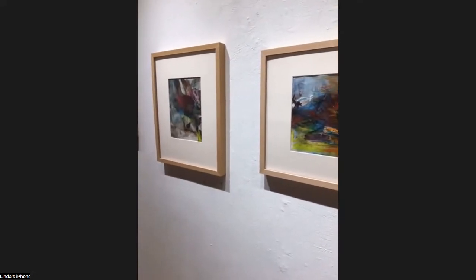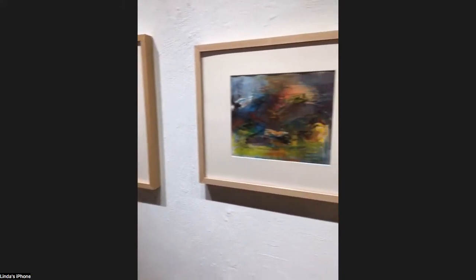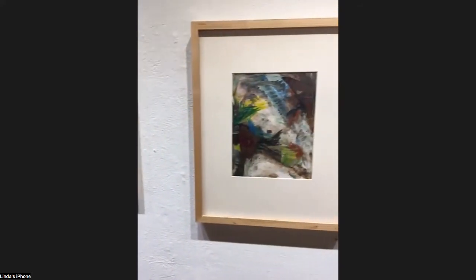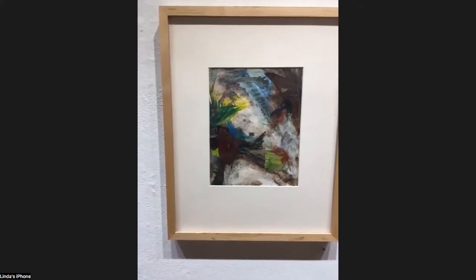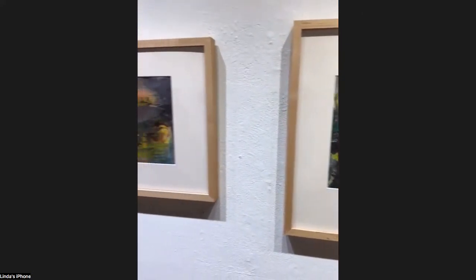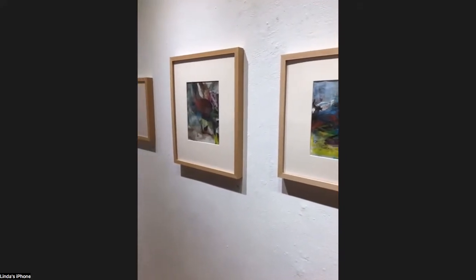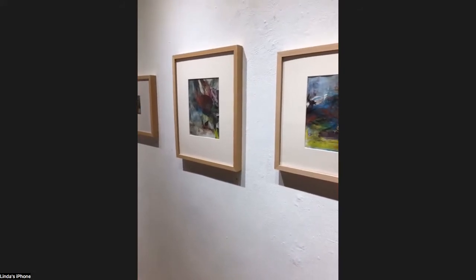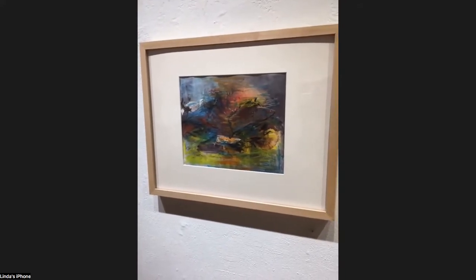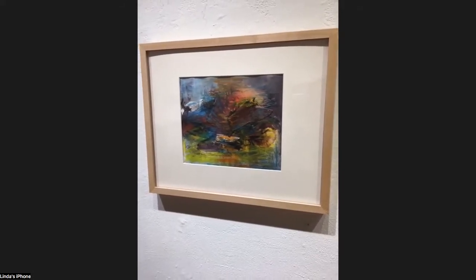So the whole goal is to have fun with it, actually, and change it around so that we don't see what's underneath there, and I start cutting and gluing pieces. I rip them off, glue them back on, and I don't use an image to look at. They just come out of my imagination. So that's why the title of the show is Familiar Spaces, because as I keep working, things start to come together when it starts to become familiar to me. So then I know that there's a landscape, there's water,